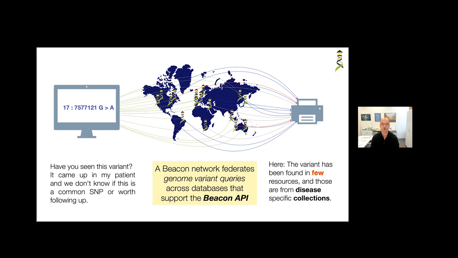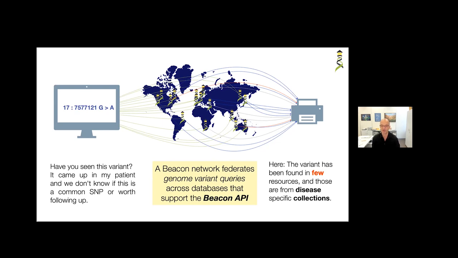And from that, you can already learn something. For instance, if you have a candidate allele which may be related to a rare disease, you may find out where other patients with the rare disease are. Or if all the beacons respond with, yes, we have this allele, then it's probably not something disease relevant, but maybe just part of the genomic background, right?